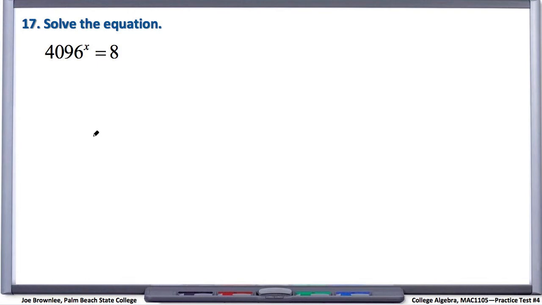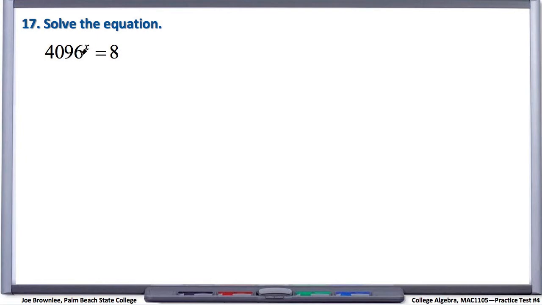All right, number 17, solve the equation, and we've been given 4096 to the x power equals 8. There are probably really two primary ways that we could solve this, and I'll go ahead and show both here. The first way that you could solve this is to, first and foremost, let's, for the moment, concentrate only